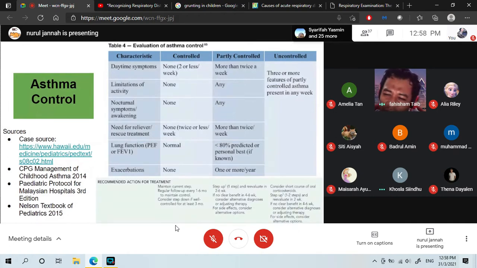Hello? I don't know, am I talking? Yes, yes, doctor. Make sure when you're putting all this information, I want you to understand, not just put all the information per se, because this is your bread and butter. If you get asthma in the long case, and you cannot perform and cannot say or understand what you're trying to do, you're going to fail definitely, because it's our bread and butter. You need to understand the full picture of it. If you just understand a partial picture or superficial presentation, definitely you're going to fail.